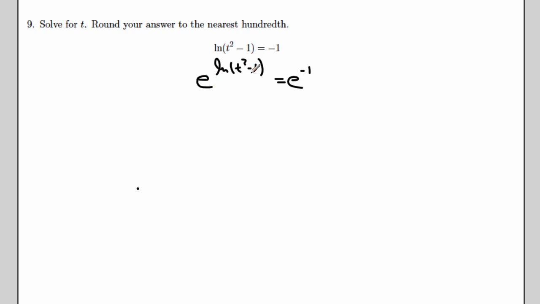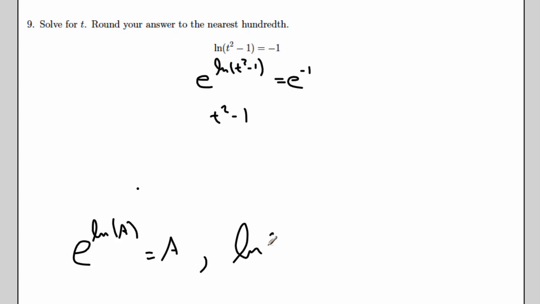and it has the advantage that because we have e to the log, then the e and the log are reverses of each other. They're inverses of each other. So e to the log of anything is just that thing. So if we wrote that down as a rule, e to the log of a equals a. And similarly, if it ever came up in the other direction, the natural log of e to the a